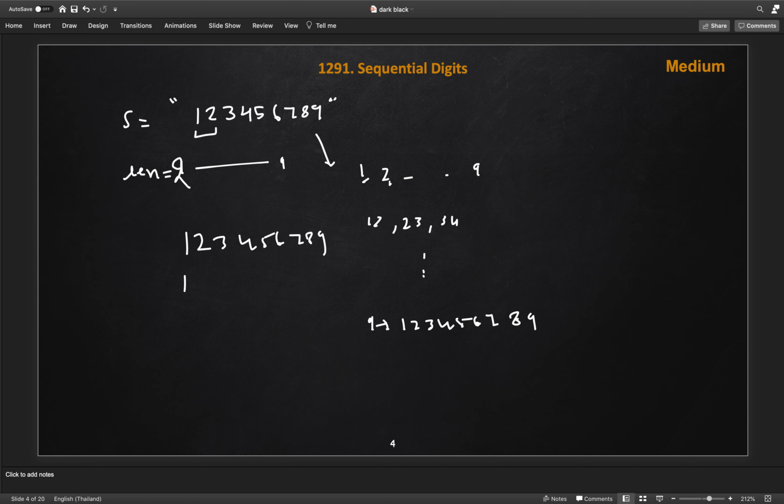We start the index from here, add the length and cut the substring of length len, and we generate all the substrings, and then we move this index, let's say we call it j. We will move this till j plus len is less than the number of digits, which is 10. So total 9, so less than or equal to 9, which is we will take 10. So this is the approach.